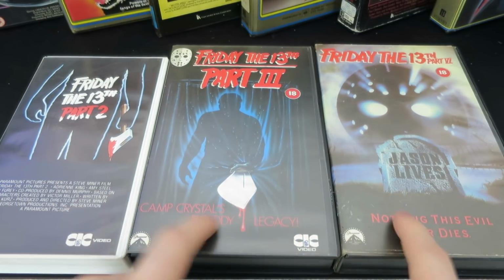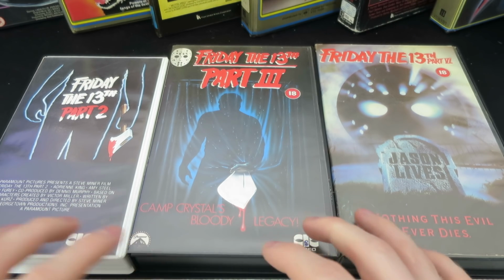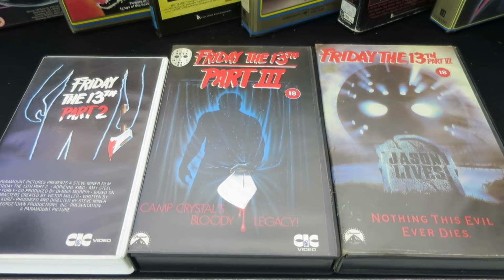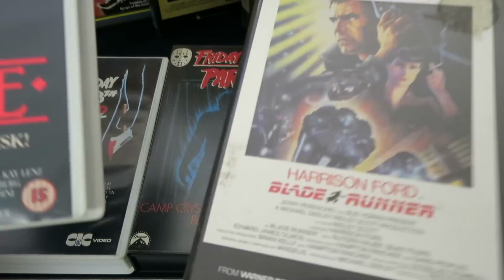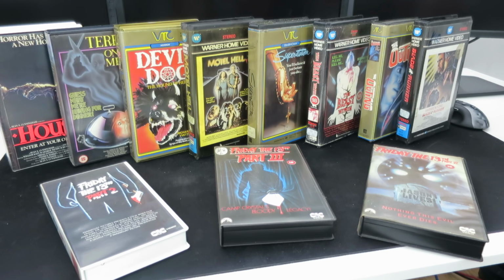So by the way, pretty damn cool to find films like this on this format. This is again sort of Friday the 13th, somewhere in between these two categories. Before anyone gets confused, I'm not talking genre when I say categories. Again, I was referring to my own personal experiences of different levels of films which you can get on the format. Now, as you can see here from the frame, all of them are horror films, bar